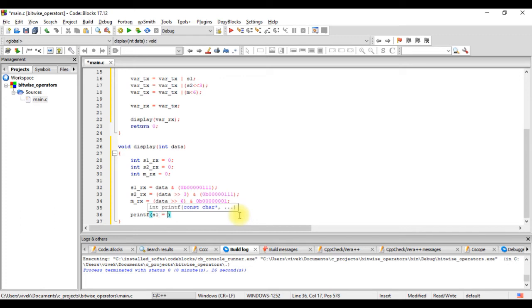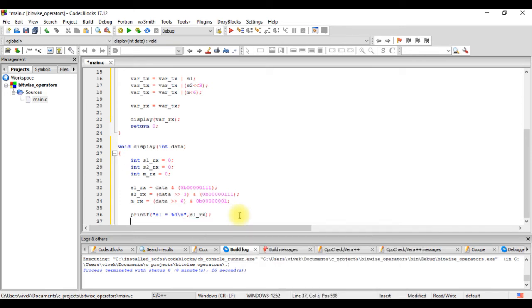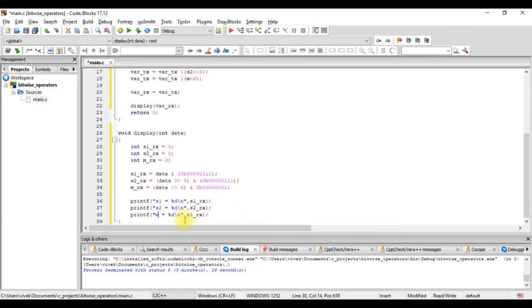S1 equals %d\n, s1_rx. Similarly, we take S2 equals s2_rx, and we have m equals m_rx.